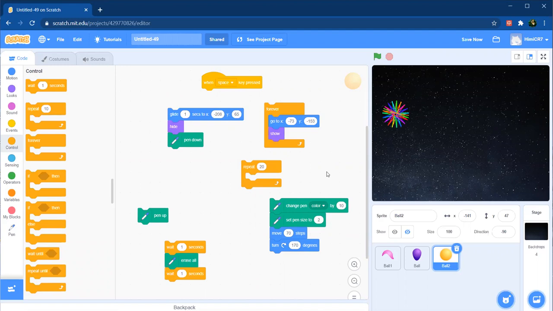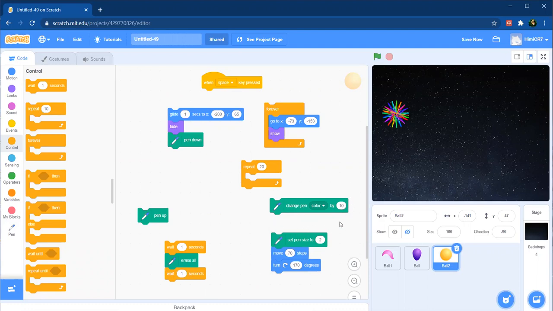In this, wherever the pen is, it is making a line as the sprite moves in the next step. When it's repeated, it moves with a different color.